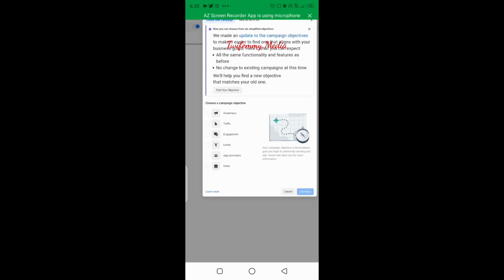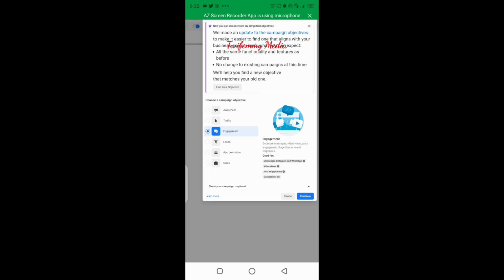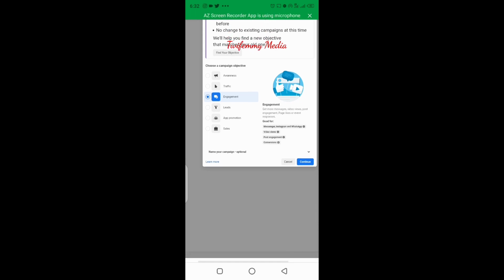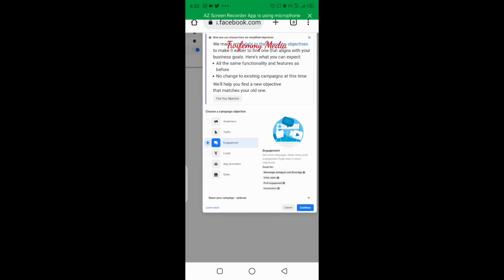Okay, let's move with the engagement ad first. So we select the engagement. The kind of advert we need to run as a business is to send people to your WhatsApp, most especially, except you have a very good content on your Facebook page. You can run this advert to your WhatsApp so that people can easily send message to you and you save